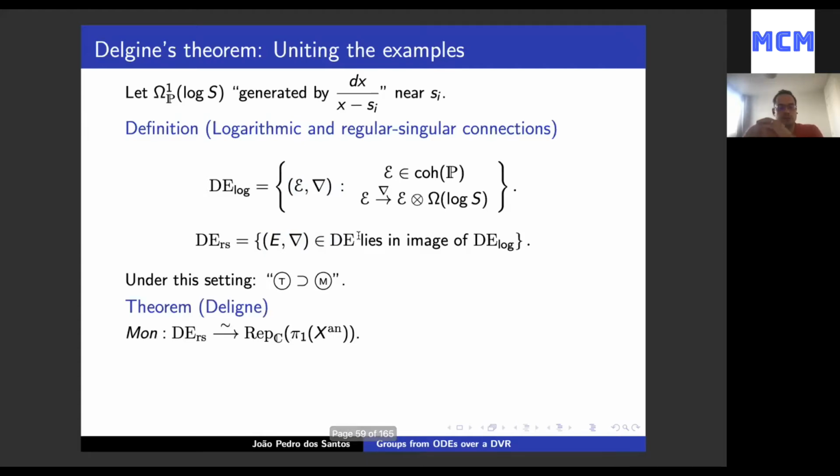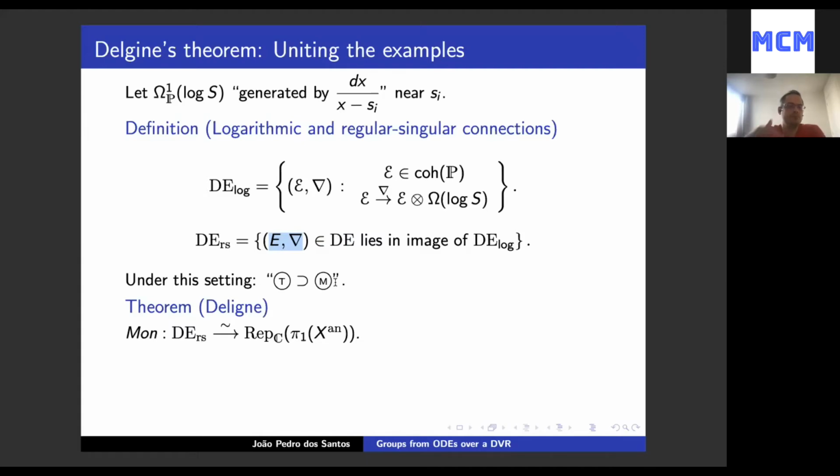This is based on a theorem of Deligne, one of the readings of his very famous monograph on regular singularities, and it says that if you take your differential equation, which has regular singularities, you consider the sheaf of solutions, the local horizontal sections, which means the sections of E which are killed by nabla,